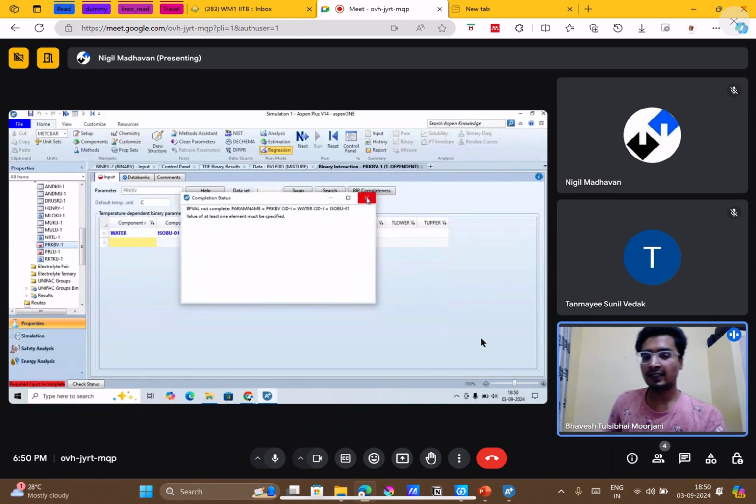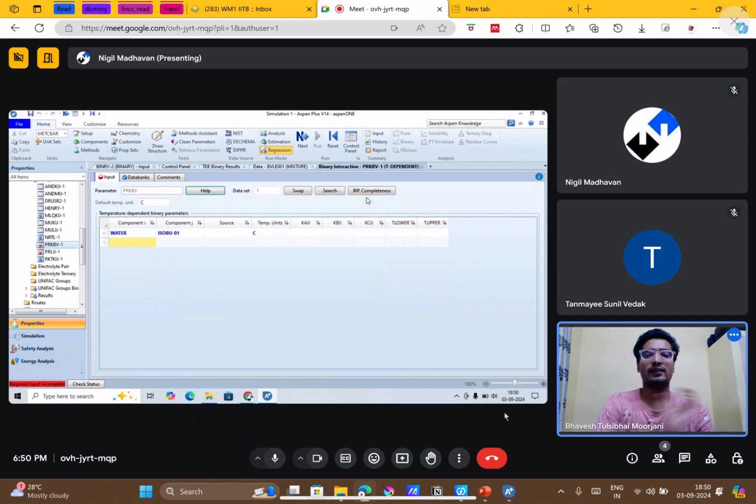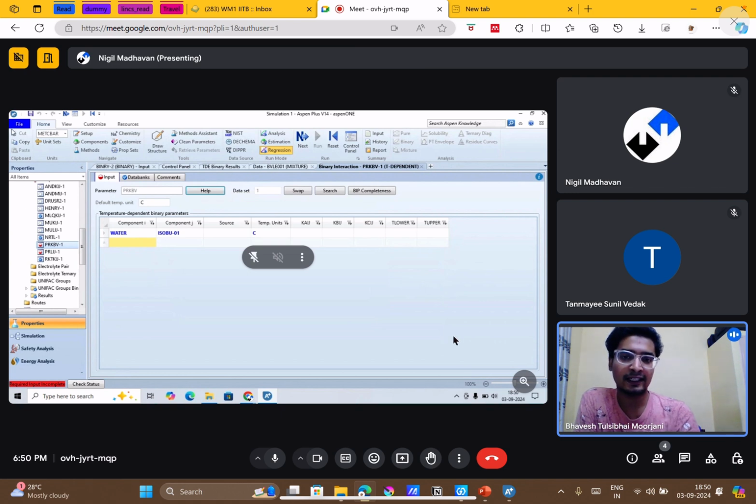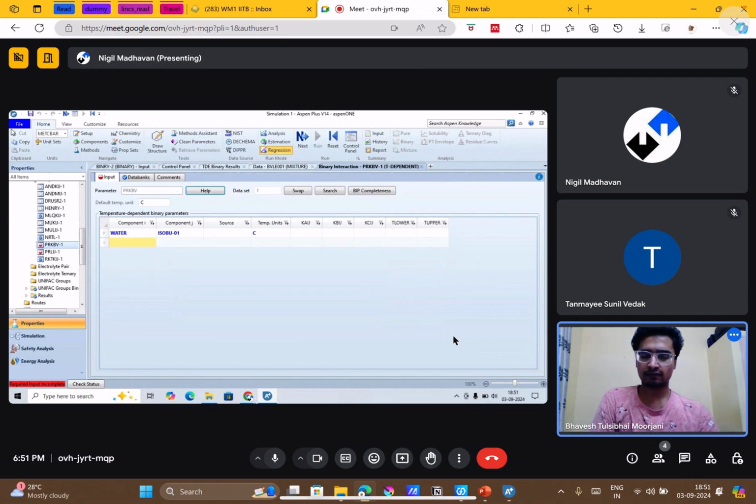So rather than that, you start a fresh simulation with the UNIFAC method and compare it with the experimental data. If that matches the trend, so I assume for this example UNIFAC gives a better trend to match the experimental data, and there to get a better accuracy we can again do the regression. Right now we did the regression for the Peng-Robinson parameters, the 4 parameters of Peng-Robinson. There again, for the UNIFAC method, we can do regression on the multiple parameters of UNIFAC and